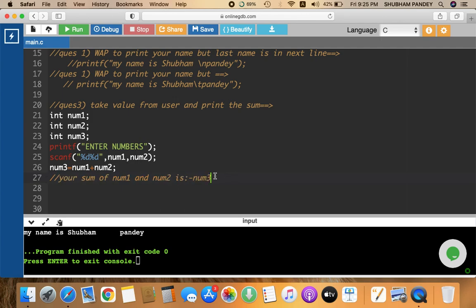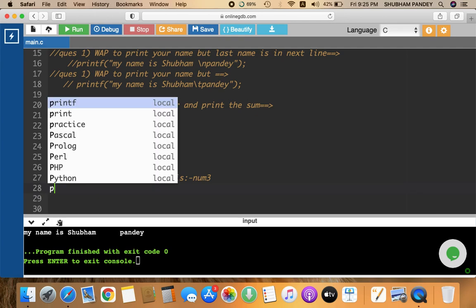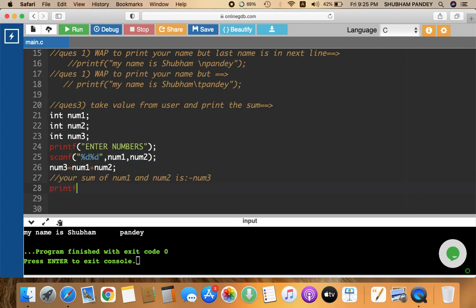So how am I going to print? I'm going to use printf. Actually, I want num1 and num2 to be replaced by their values, and num3 also to be replaced by its value. So here, how many variables are there?